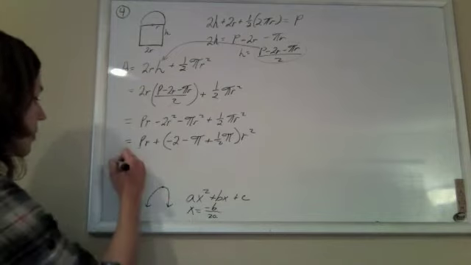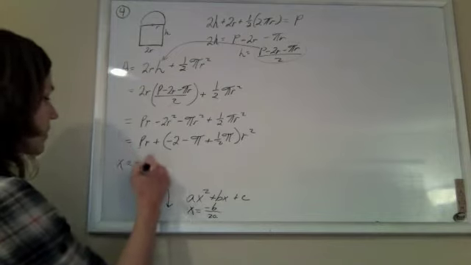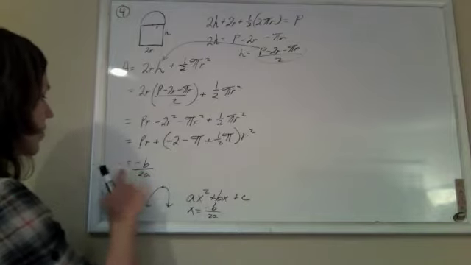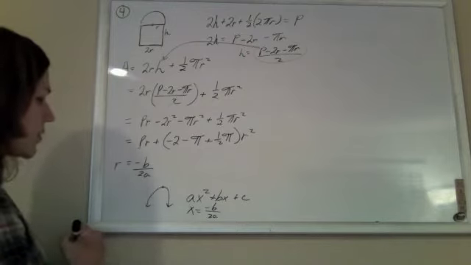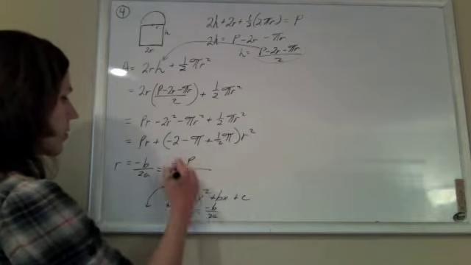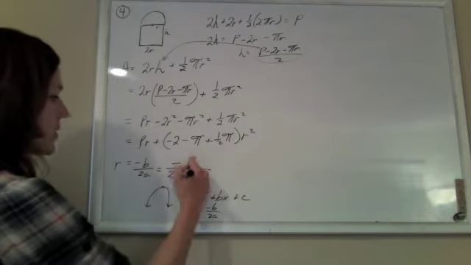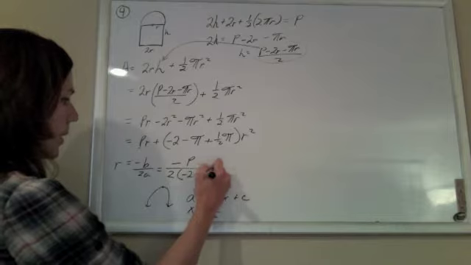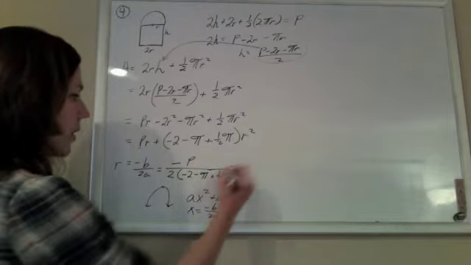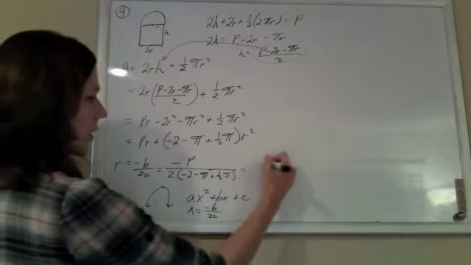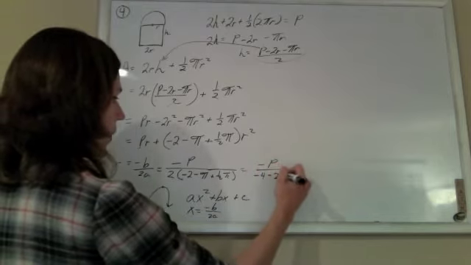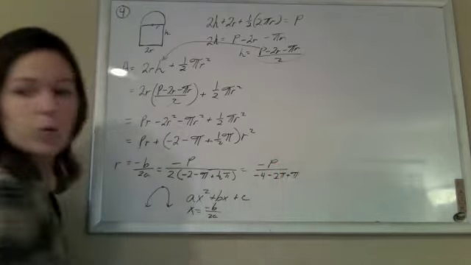So we'll use x equals negative b over 2a, and here we have r's instead of x's, so r equals negative b over 2a. So I have negative p over 2a, which is that mess, so negative 2 minus pi plus 1/2 pi, and this will equal negative p over negative 4 minus 2 pi plus pi, which will equal